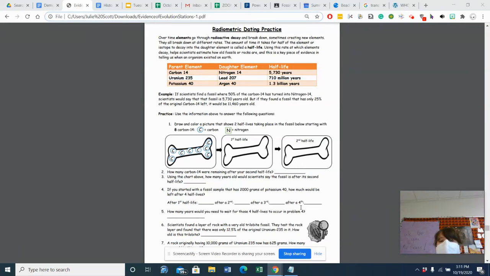Hey, y'all. I just want to make sure that everybody has a good understanding of this activity that we're doing. So, this is radiometric dating. Over time, elements go through radioactive decay, and they break down. Sometimes when they break down, they create new elements. Scientists know how long it takes for them to break down to half their amount, and that's called their half